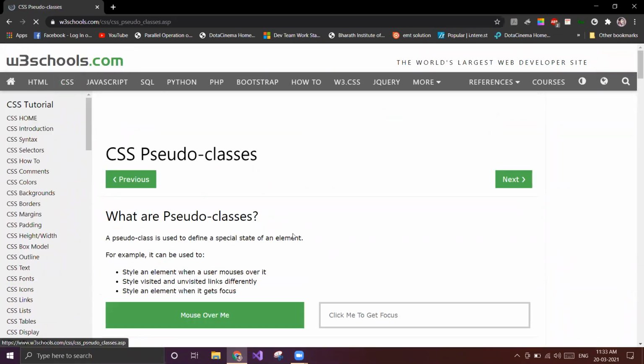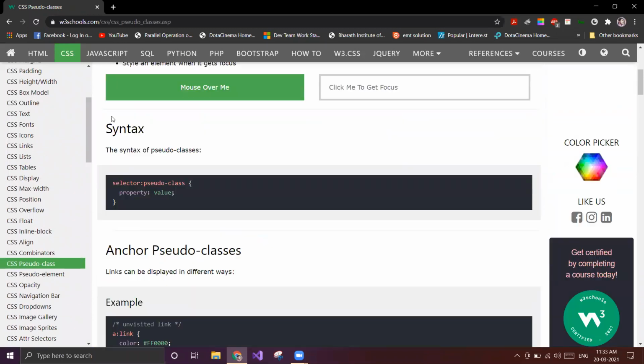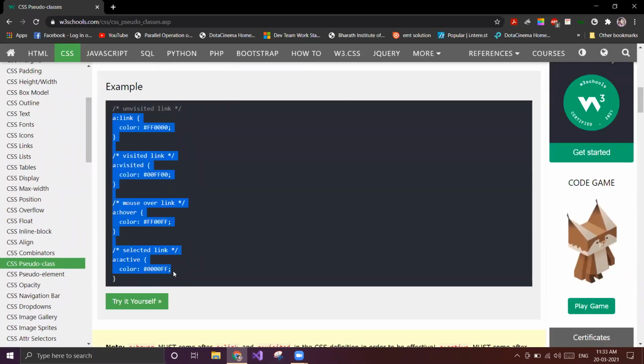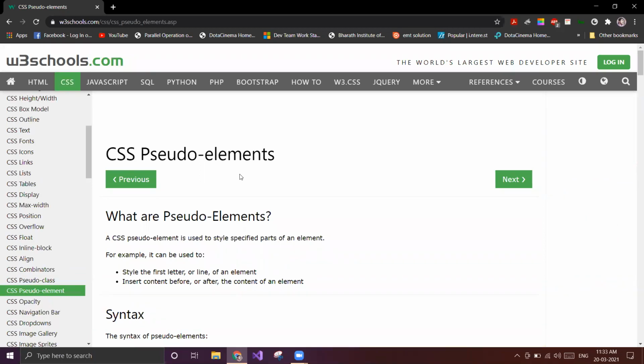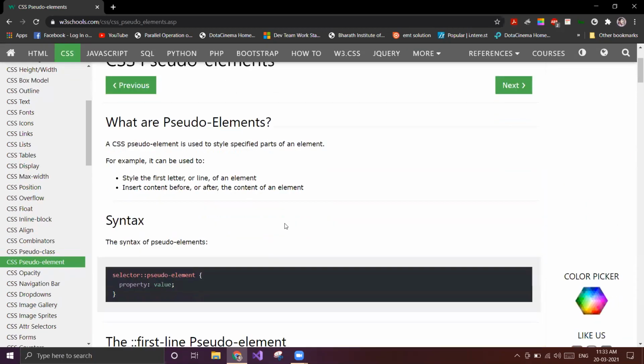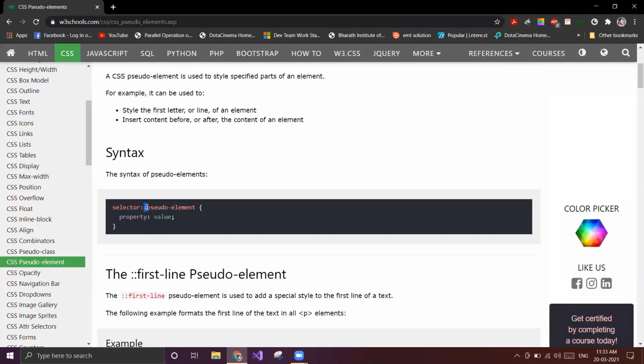We already saw pseudo classes, I think. These things we already know: link, visited, hover, isn't it? We have already seen all these, right? These are called pseudo classes, and pseudo classes are used with a colon in between. These are actually selectors, and this is the styling that we are applying. We have another type of selector known as pseudo elements. In pseudo elements, instead of one colon we use 2 colons.